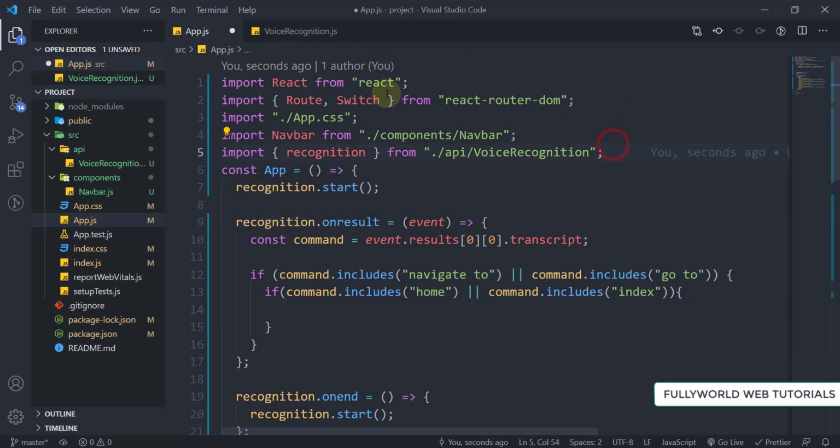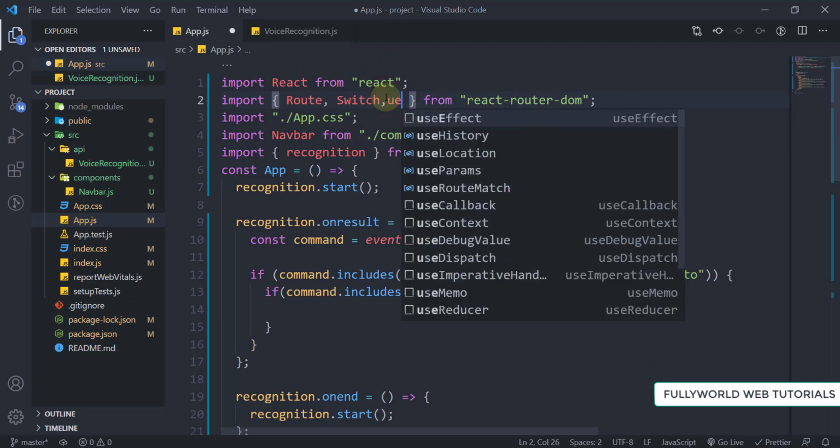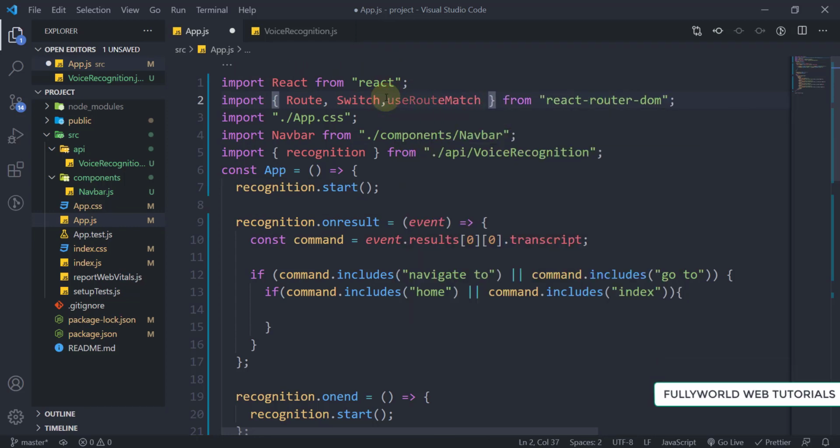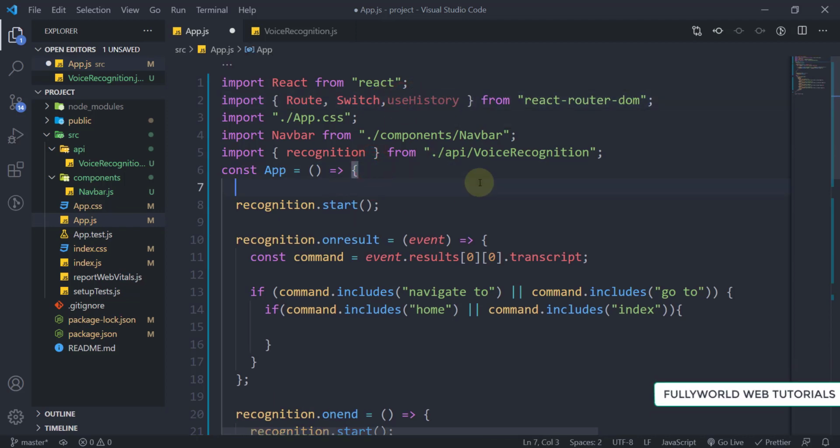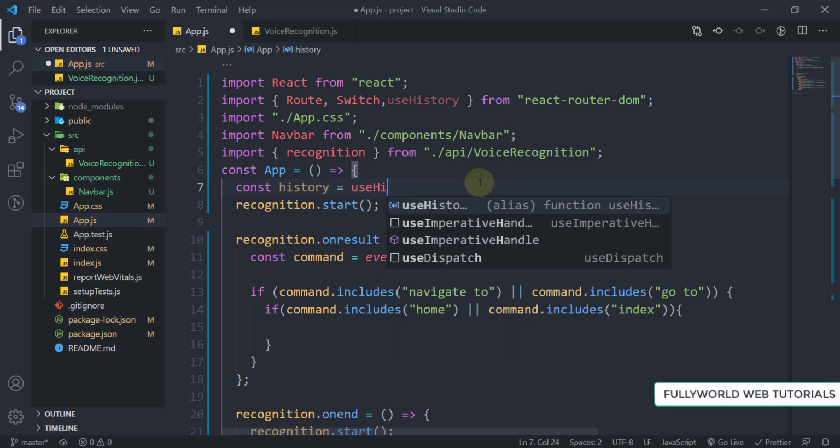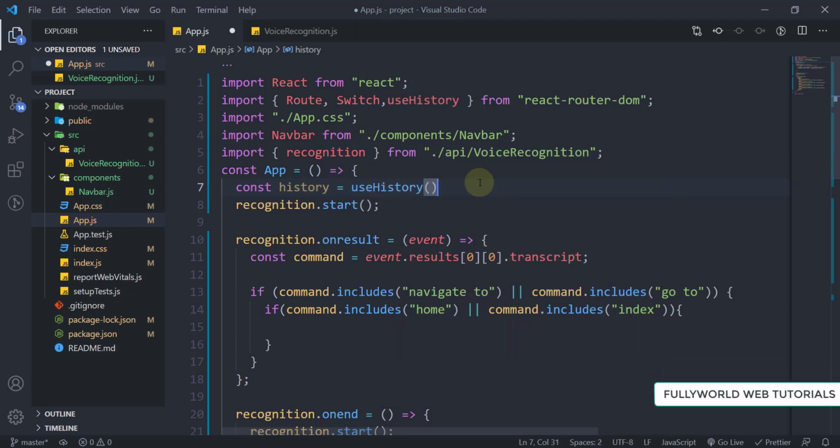So for that, I'm going to use history here. Sorry, use history. First of all, let's create an object here, that will be our history, useHistory. We are going to use this hook here.